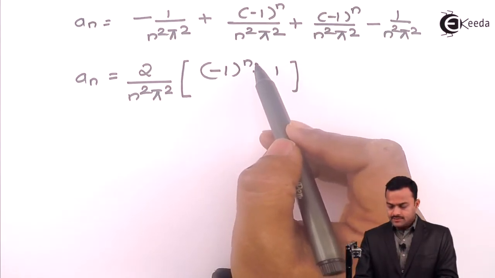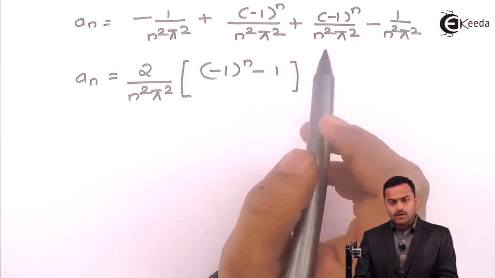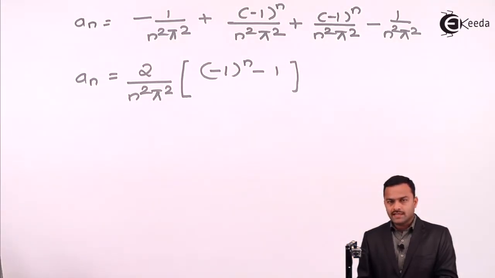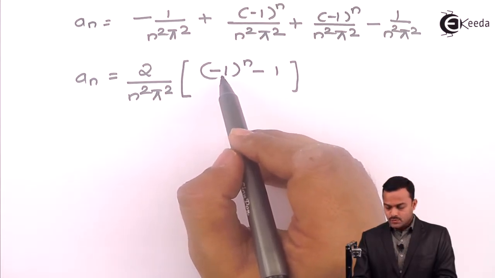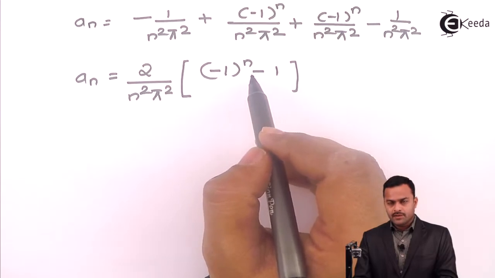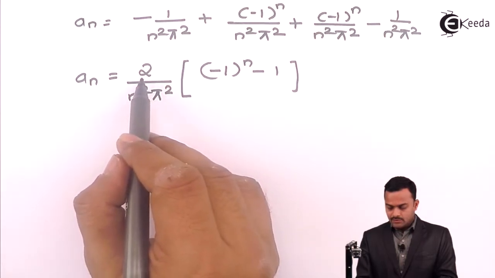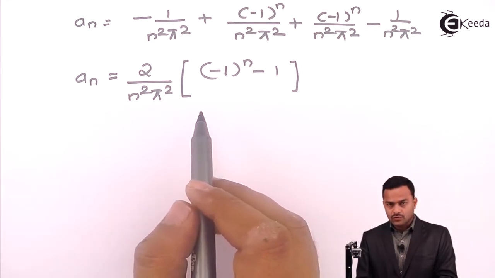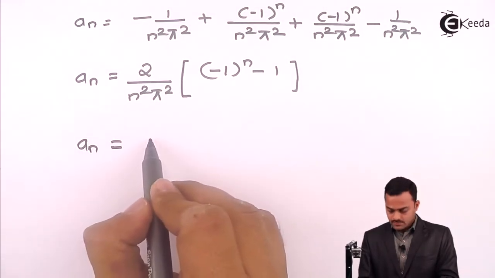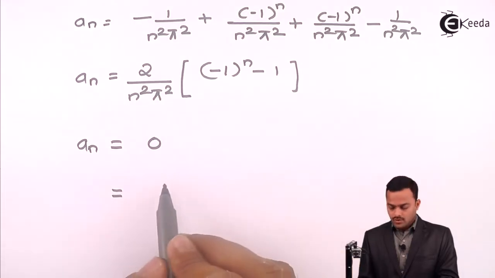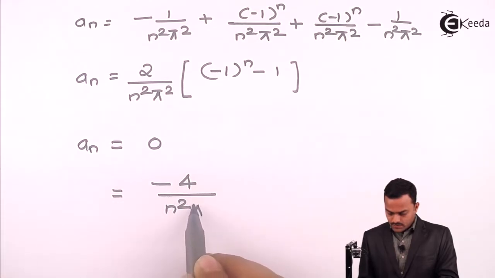Meaning, if n is even, minus 1 raised to that even number will be 1. So 1 minus 1 will always give you 0 for n even. But if n is odd, this minus 1 raised to that odd number will give you a minus 1. Minus 1 minus 1 will become minus 2. In the end, that will get multiplied with this 2 to get minus 4. So in the end, I can say an having two values, either 0 or minus 4 upon n square pi